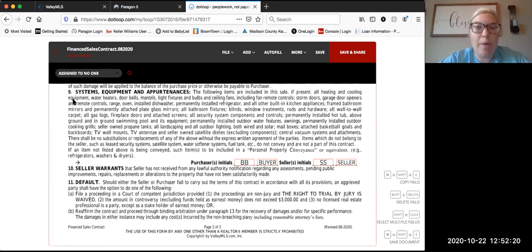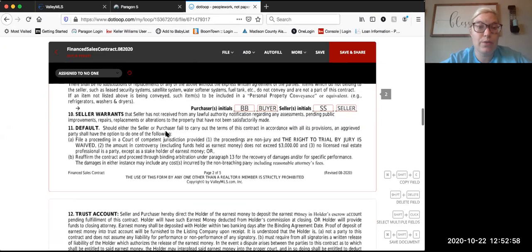Hot tubs that are not permanently installed, that are just sitting there, does not mean they have to leave them. So if there is something like that that your purchaser wants to stay, please make sure it's in additional provisions, which we have to be careful with for personal property. We also have a personal property addendum that we can put those items on to stay. However, just remind your purchaser, when you go to buy a home, you are not there to actually,